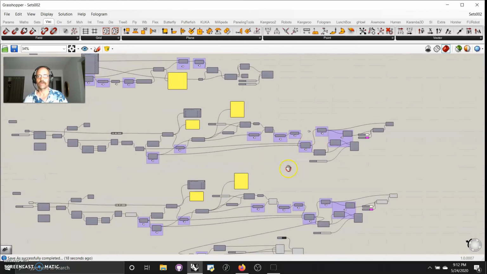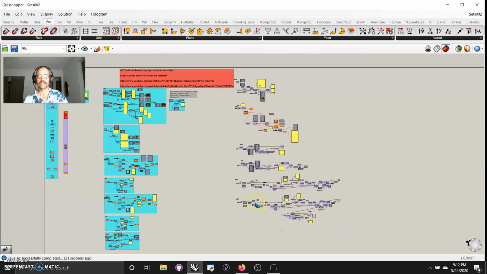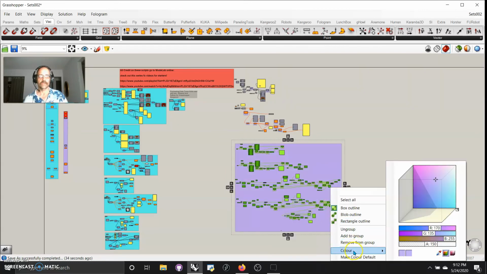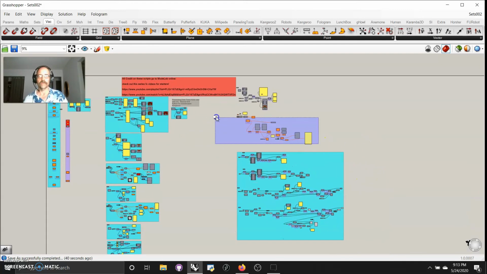This pattern of what's developing here, this last one is just insane. As I go through it, I deleted a lot. But this last kind of pattern is pretty cool to try and figure out. And I'm just going to pop that into a group. This is nothing special, but I'm just trying to get it organized a little bit. Like I said, when I get these all figured out, there are 2 more algorithms here as well. As soon as I get that all up and running pretty nicely,